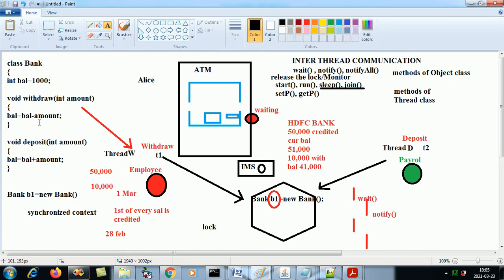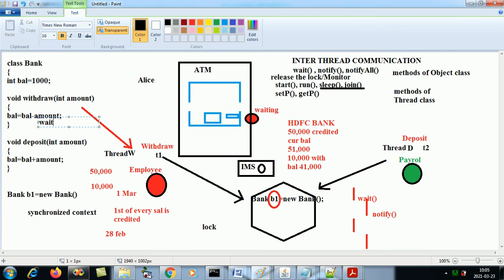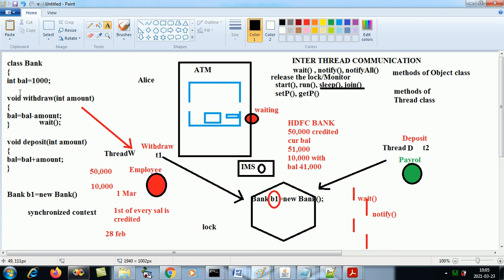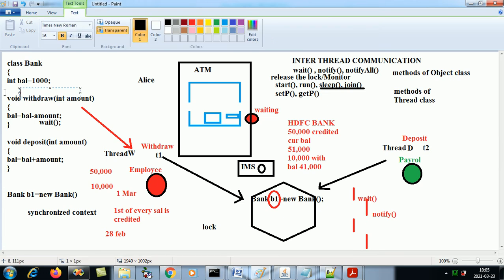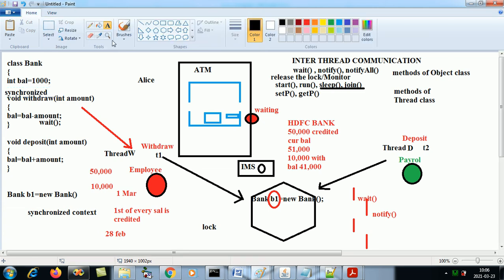Here I will fire the wait method. So withdrawal has to be synchronized. Synchronized void withdrawal. The synchronized keyword will come before the void. And if there is a public, then public synchronized void withdrawal.